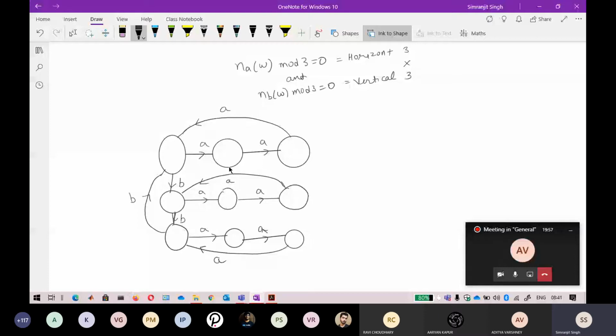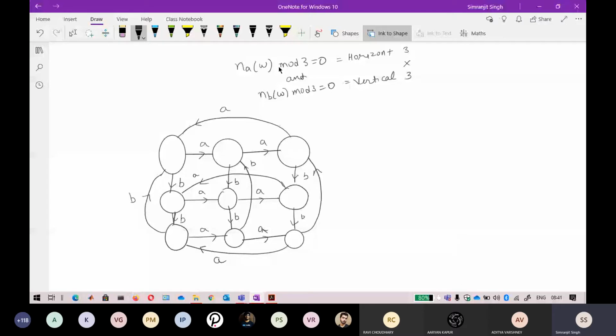Okay, so now take the vertical part also. It is a little bit congested here, so just see this one: B, and then you go back towards the state. That is also similar for this one, again B, and you go back towards this. In this way any question can be drawn.